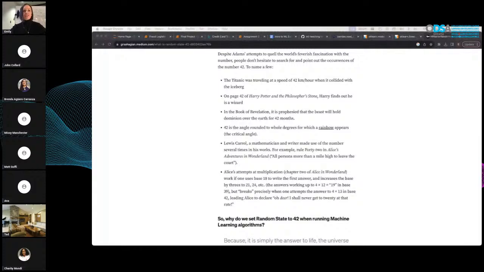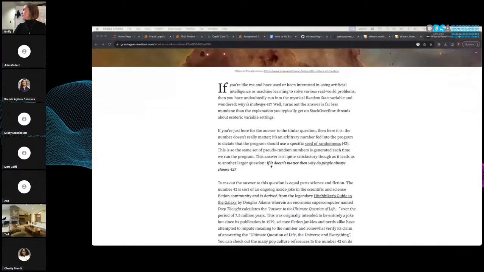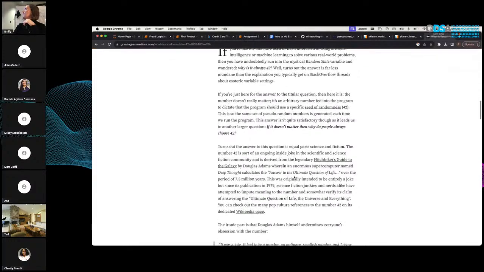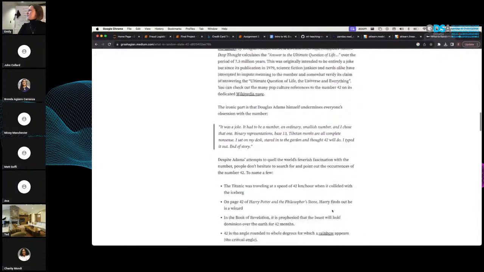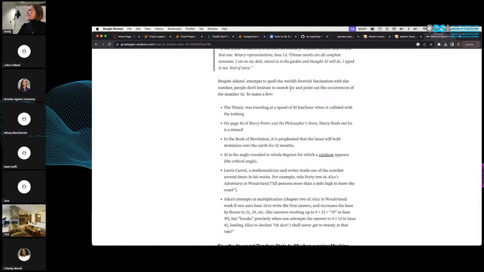All right, so we're having a conversation about why 42 is kind of the default random state as you search the internet. We touched on this last week. Like I said, it doesn't really matter what number you choose. You saw later in the code we chose 0 as our seed for our random state. We just looked it up, and there's this Medium article that referenced The Hitchhiker's Guide to the Galaxy. Basically, it's a giant nerdy internet inside joke to use the number 42 for the random state, because there's this science fiction theory that 42 is the answer to life. And then they have a bunch of these things here.